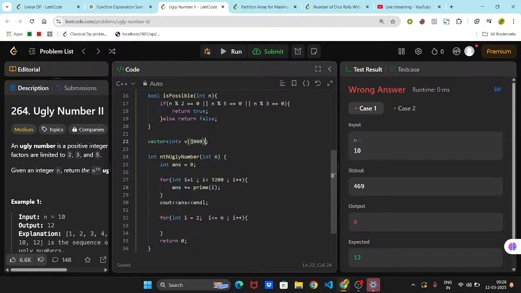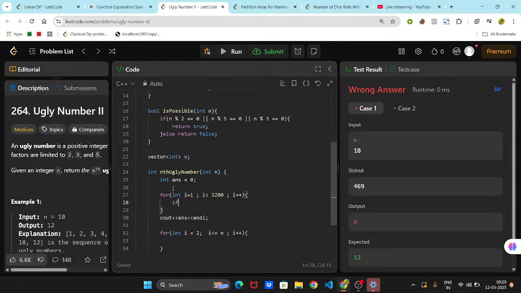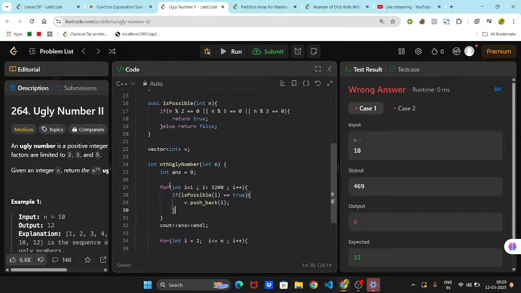ठीक है, तो यहाँ से मैं एक वेक्टर वी लेता हूँ जो कि मेरा ग्लोबली डिक्लेयर्ड है। मैं सिंपली क्या करता हूँ, इफ इज पॉसिबल आई इक्वल टू ट्रू है, यानी कि तेरा 2, 3 और 5 से डिविजिबल है, तो मैं क्या करूँगा, मैं पुश कर दूँगा उसको, मैं पुश कर दूँगा यानी कि वी डॉट पुश अंडरस्कोर बैक आई। चलो ठीक है,